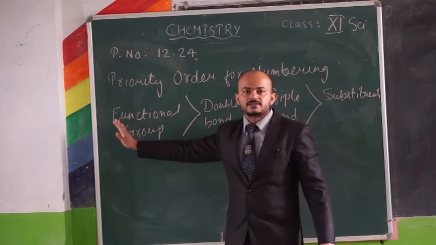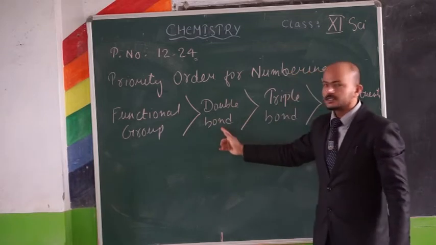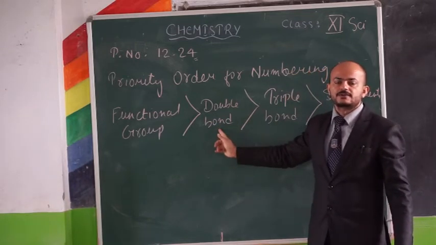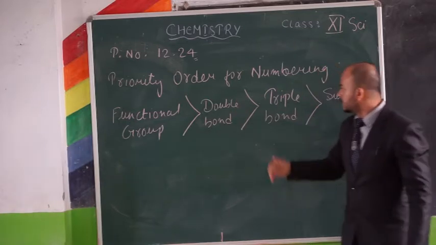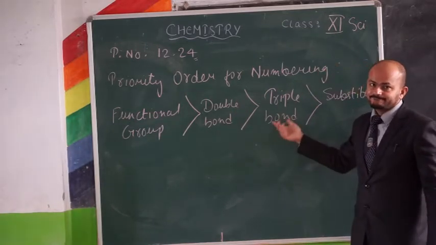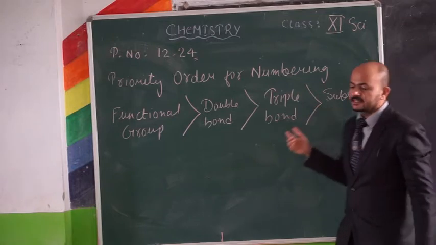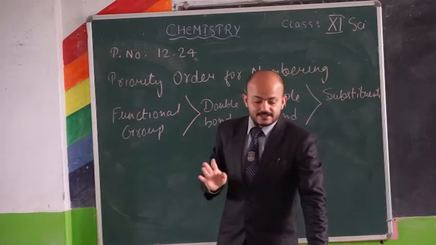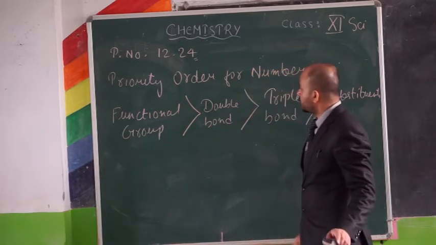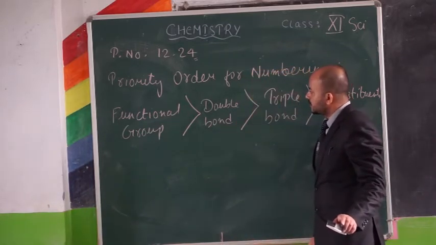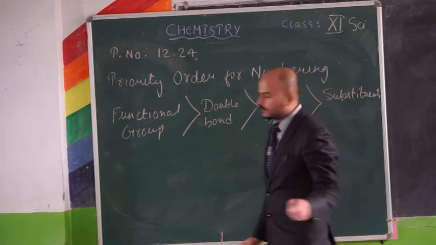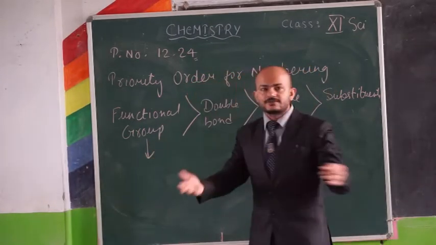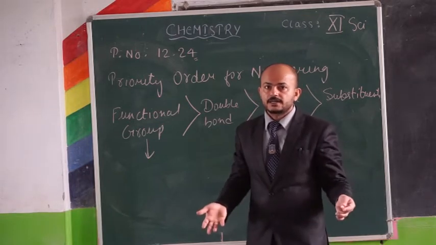If the functional group is absent, then you will look for the double bond. From whichever side the double bond comes first, you will start numbering from that side. Now, the triple bond comes after that, and after that the substituent. Okay. Now let's take a certain compound. In functional groups also, there are so many functional groups, as you know,